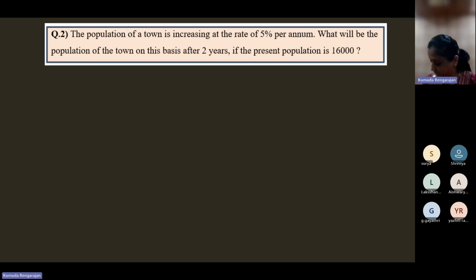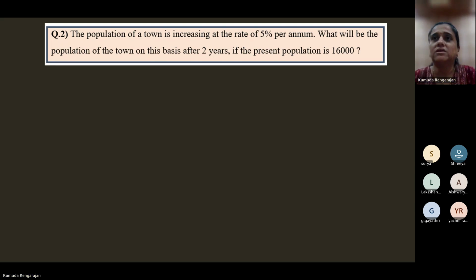Next one. The population of a town is increasing at the rate of 5% per annum. What will be the population of the town on this basis after 2 years if the present population is 16,000? So increase in population works with